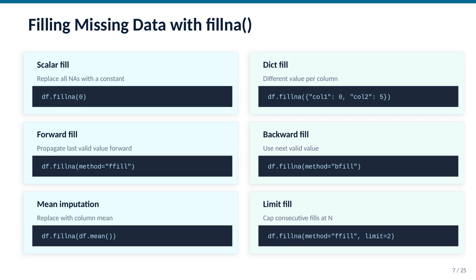Use method equals ffill or bfill to propagate the previous or next valid value. Replace with column means using df.fillna df.mean. Use limit to cap consecutive fills, for example method ffill, limit equals 2,